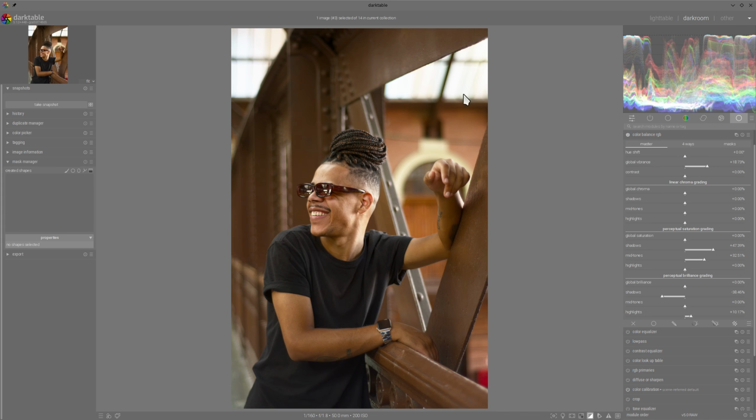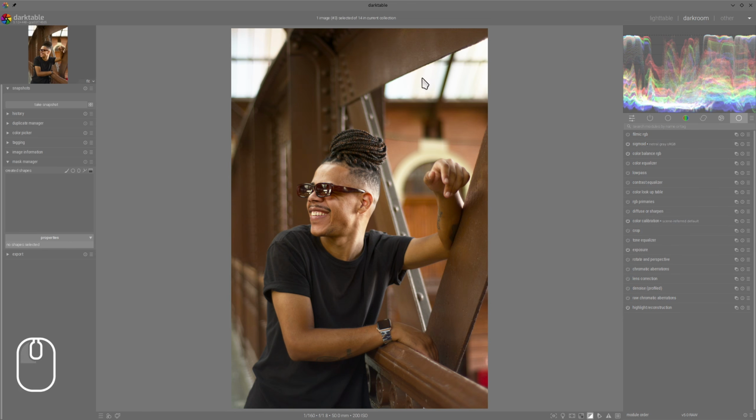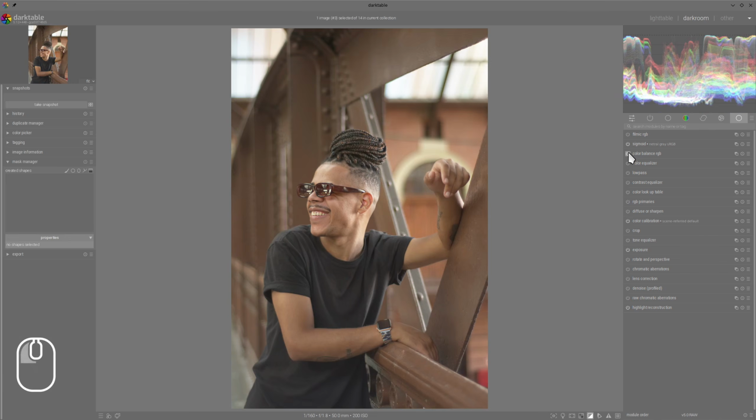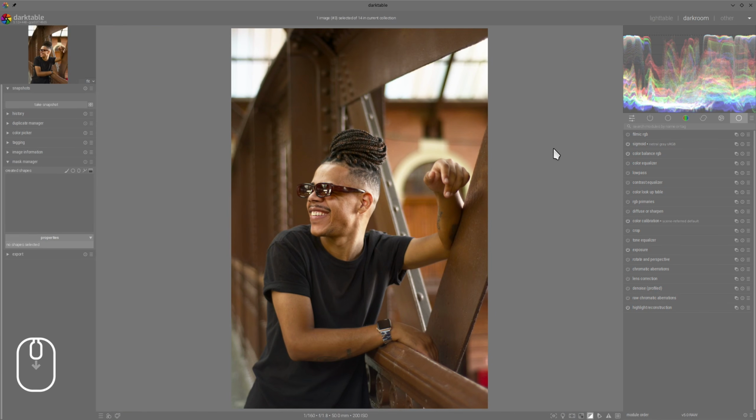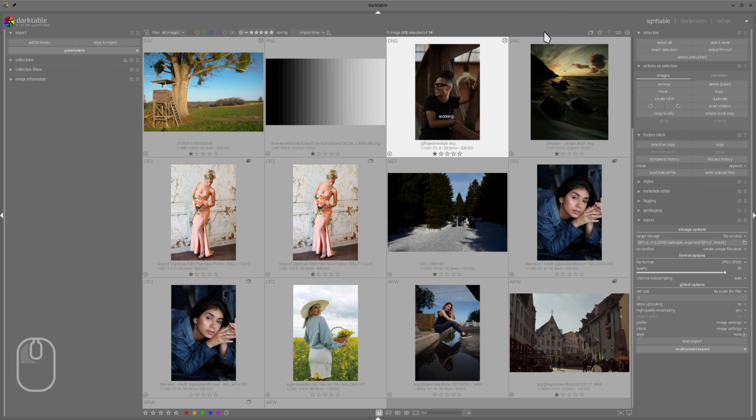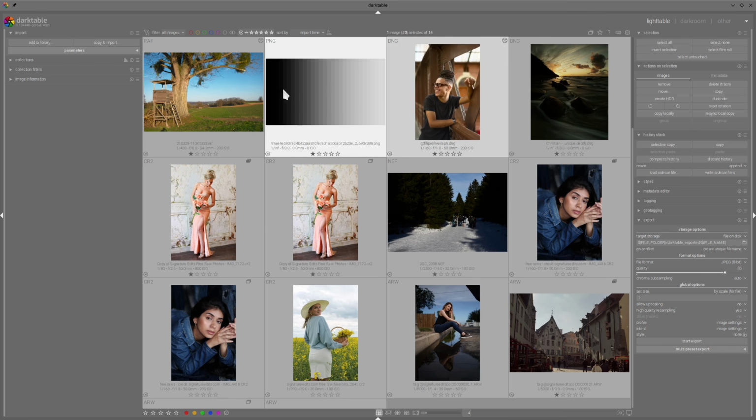Okay, now of course if I needed some details in that area, I could also use tone equalizer to darken the highlights a little bit, but it's not necessary. As you can see, it's completely okay to have it like that. We don't have any details needed there, so we can concentrate completely on our main subject. Okay, I think these two examples are enough for this version, and now we will go back to our gradient